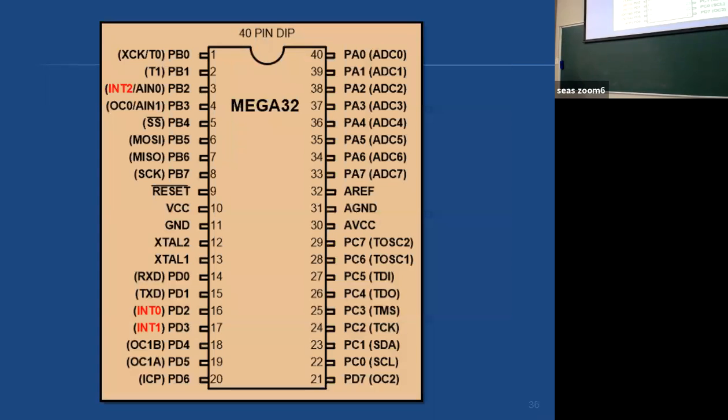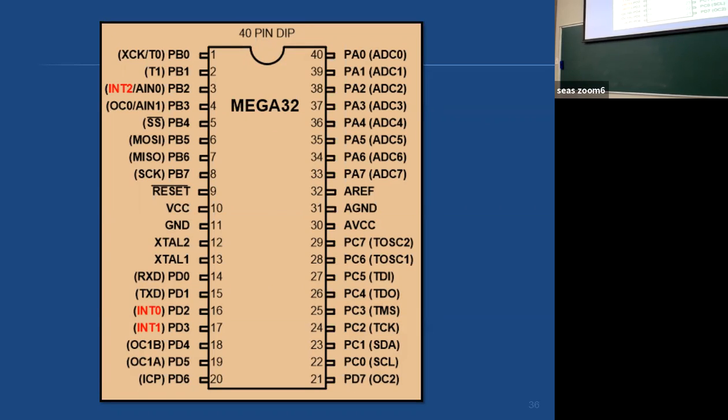And these external interrupts are connected to the pins. So port D, pin number 2 is INT 0. This is INT 1, port D, pin number 3. Yeah, we are starting from 0.